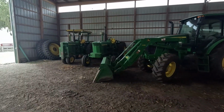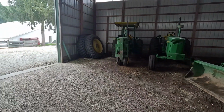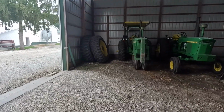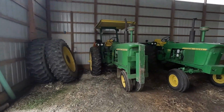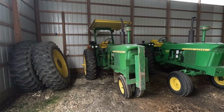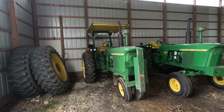I guess I should mention too that the other thing that came with that Farmall M from the other farm was that 1963 John Deere 3010, purchased brand new in '63. And it has been a really good tractor. No hiccups whatsoever, except a couple little minute things with the batteries